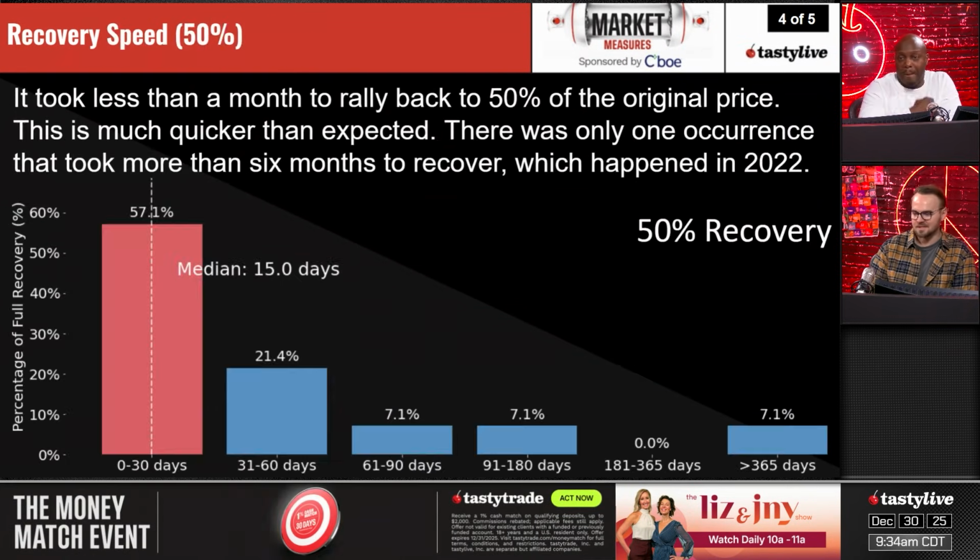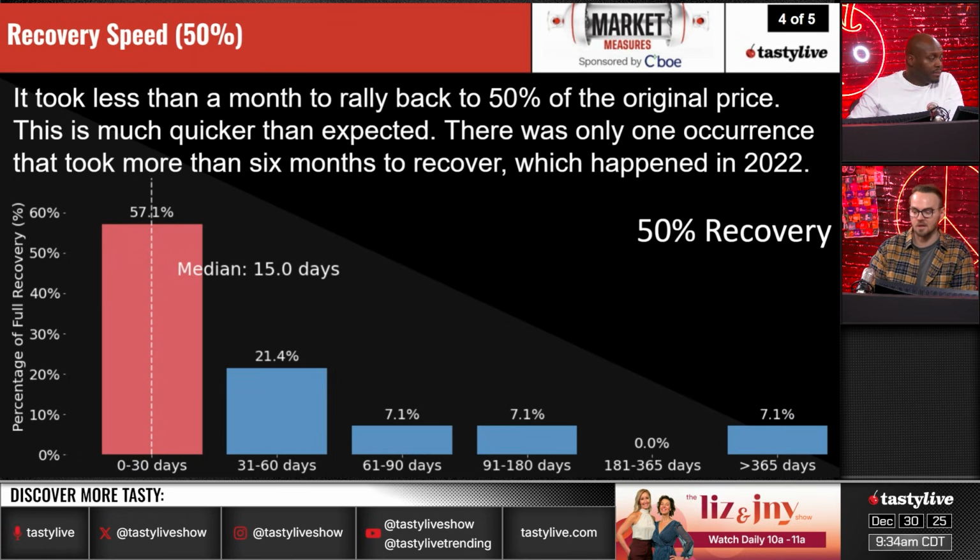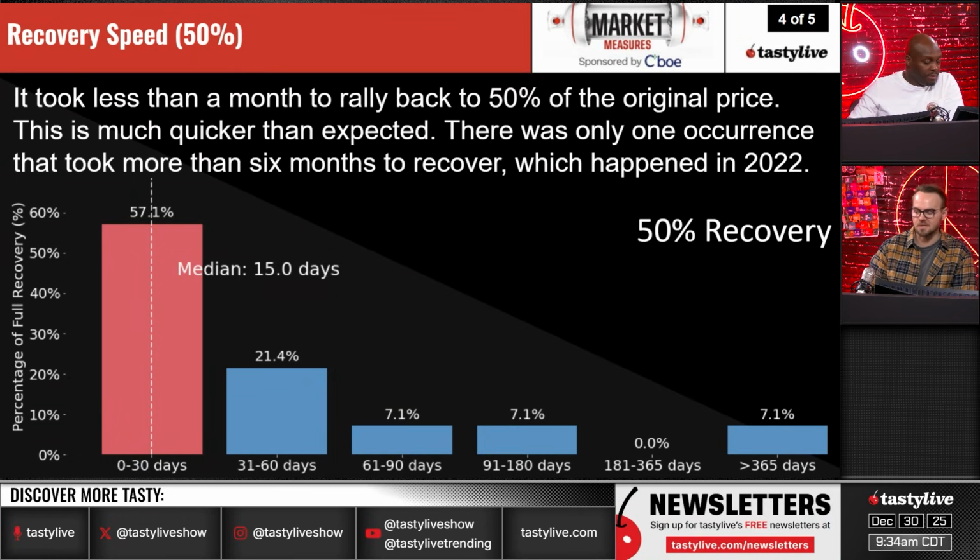Next slide, please. It took less than a month to rally back 50% of the original price. Makes a lot of sense. This is much quicker than expected. There's only one occurrence that it took longer than 6 months to recover 50%, which was in 2022. And that makes sense too, because